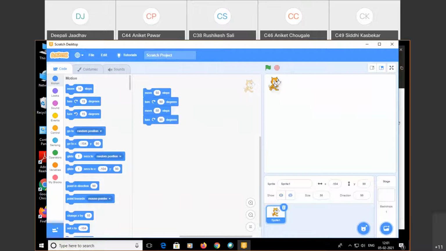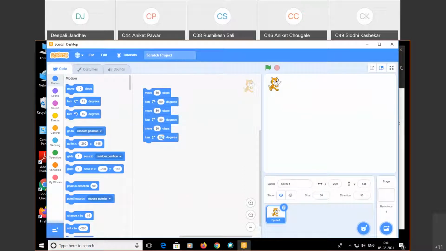Only drag and you can move that sprite anywhere on this output window. Then again I use the move by 50 steps. Then turn again by 90 degrees.